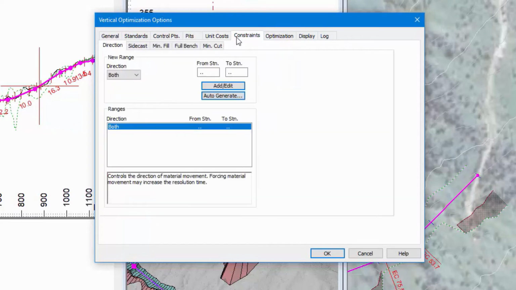And constraints. So constraints, I'm going to tell it that I only want to allow my material to be moved backwards. So it's fairly steep. I'm not going to pioneer past the heading, so we can only move material backwards. And I'm going to add a full bench constraint to add a couple locations. So here I don't want to have any fill spilling off below my road,